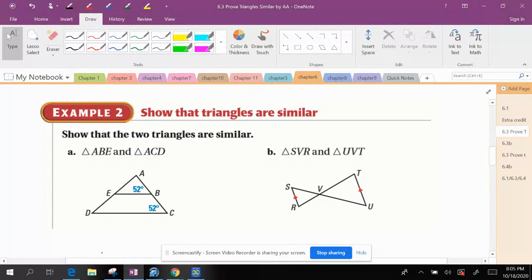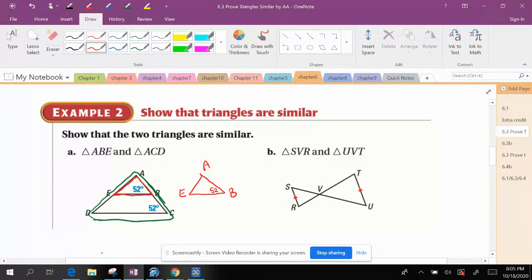Now here, these two triangles are a little bit different. We got to use some previous knowledge from previous chapters in order to prove that they are similar. So here in example A, it says triangle ABE and triangle ACD could be similar. We got to prove that they are. So I have these two triangles, ABE, this tiny one, and then this larger one, ACD. So I'm just going to detach them. Here's my tiny triangle, BAE,